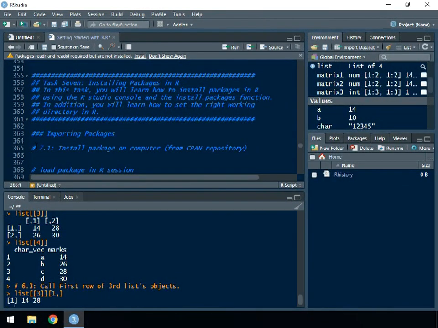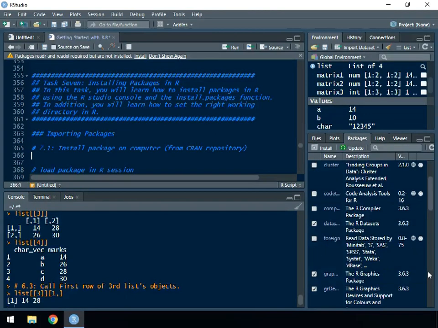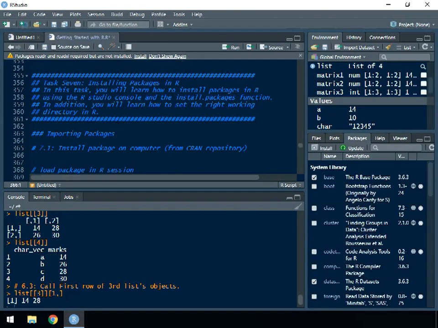Okay, welcome back. In this task, you'll learn how to install packages in R using the RStudio console and the install.packages function. In addition, you'll learn how to set the right working directory in R. R packages are a collection of R functions and datasets. There are some standard ones that come with R. So if I come over to this down panel here and come to packages, I would see some packages that have been installed already by default in R, but sometimes we want to do some more complex analysis. For example, in the last task in this project, we'll be importing some data sets